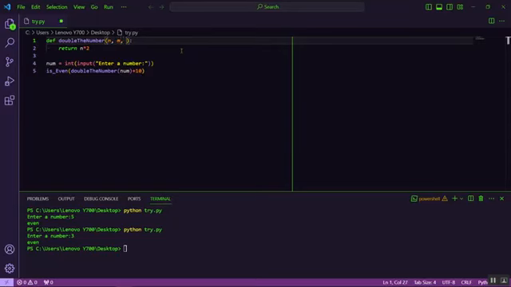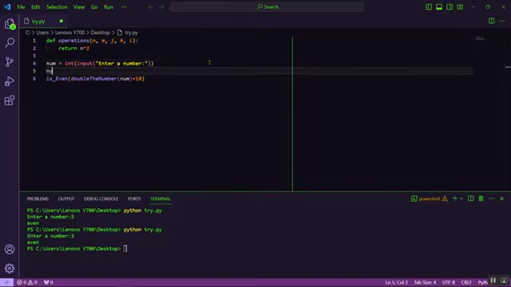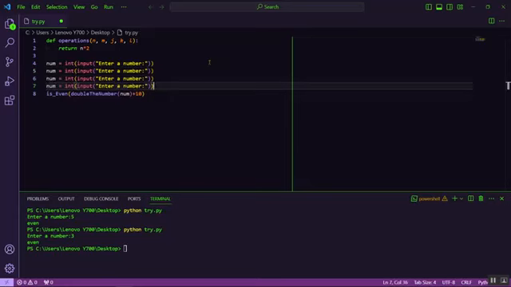Let's say J, K, L, okay? And then you could change the name since you're the one who is actually defining the function. So let's say operations. Now input a number. So num1 goes to int. Maybe I could just copy this one. Paste, and then paste again, then paste. So num1, num2, num3,